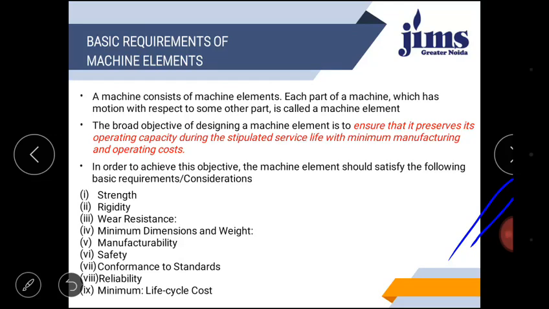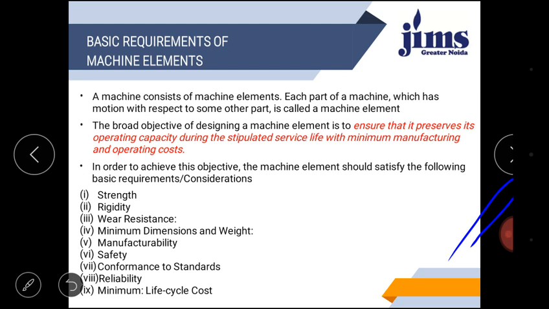Hello student. Today we are going to discuss the basic requirements of machine elements, in continuation with the previous lecture. In the previous lecture we discussed the machine design procedure and the steps involved in designing machine elements, and we saw how machine design is done, what the basic procedure is, and what basic steps are involved while we design a machine element and machine